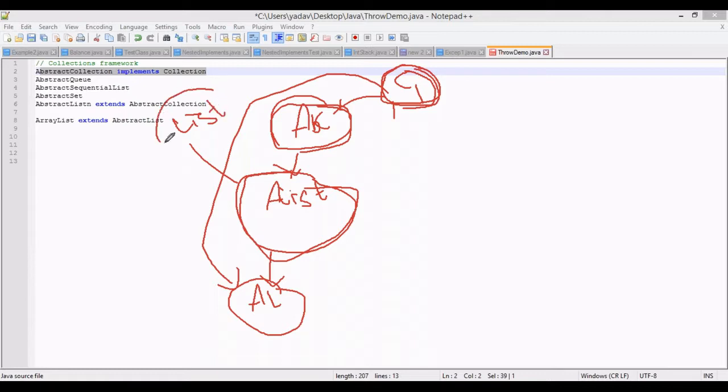So see the magic here. AbstractList is extended from AbstractCollection. AbstractCollection is implemented from Collection, but AbstractList is extended from AbstractCollection as well as implements the List interface. So in ArrayList we have a different implementation of listing. The List interface has the methods, whereas the Collection interface